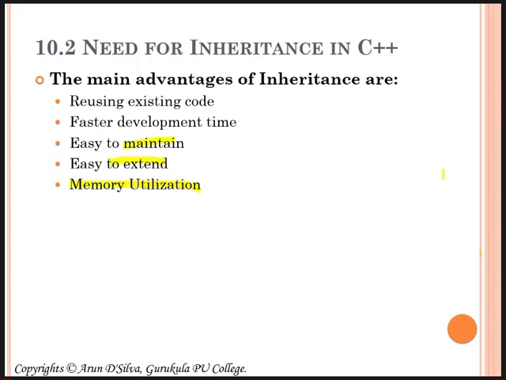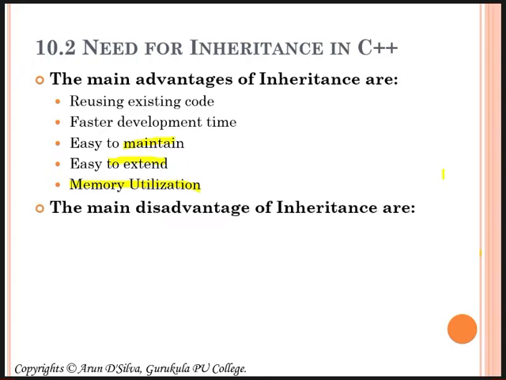So students, if it comes for 1 or 2 marks or 3 marks, you can present it this way. Just to remember the previous example: class X and class Y. Some of the properties of class X will be used in class Y. So by using inheritance, I can save development time, that is, it becomes faster. I can reuse the code, it is easy to maintain, easy to extend, and saves memory. These are the points you can keep in your mind easily.